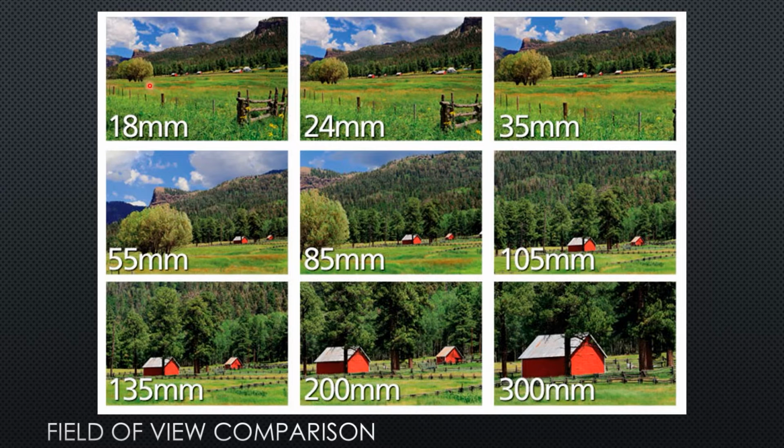So at 18 millimeters, we can see the entire landscape from this tree all the way over to the fence here. And as we get larger with our focal lengths, 24, 35, and so on, you'll see that it feels like we're zooming in, because quite literally we are. We are giving ourselves a longer focal length, which will show less of the image, but will show greater detail